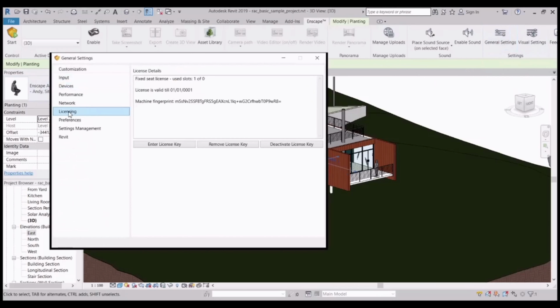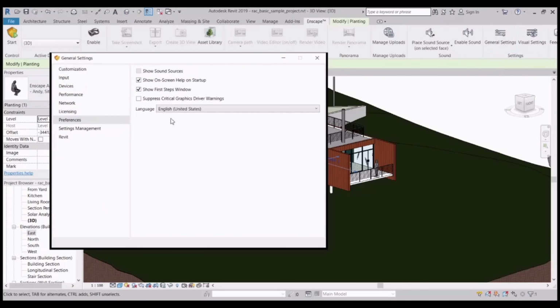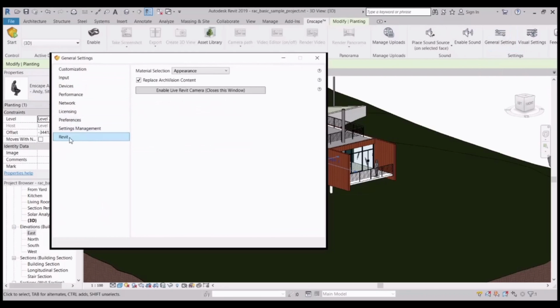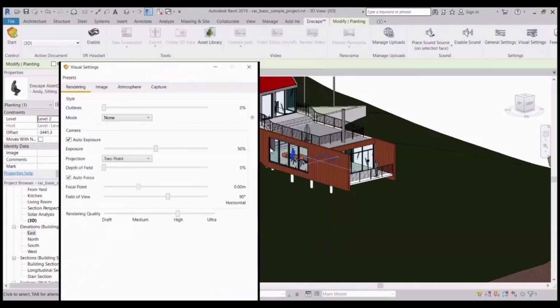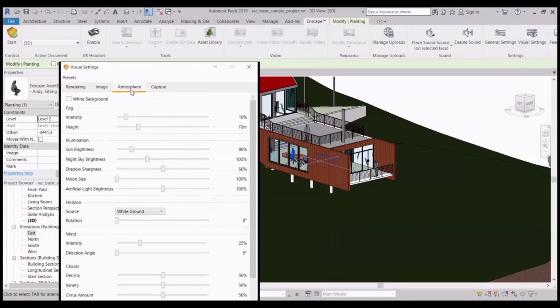You can check the licensing, the preferences, and material selection, that is appearance and graphics. And then you go to visual settings. There you go for rendering and everything. As you are beginning with this software, I will show you all these options in Inkscape.